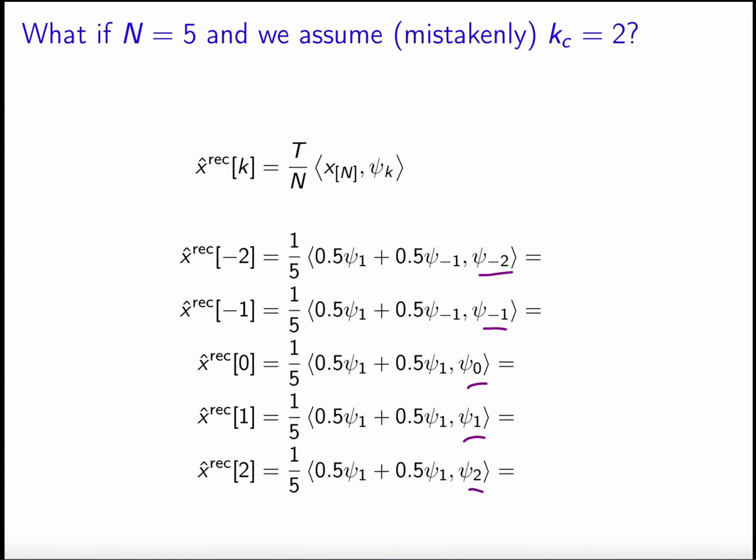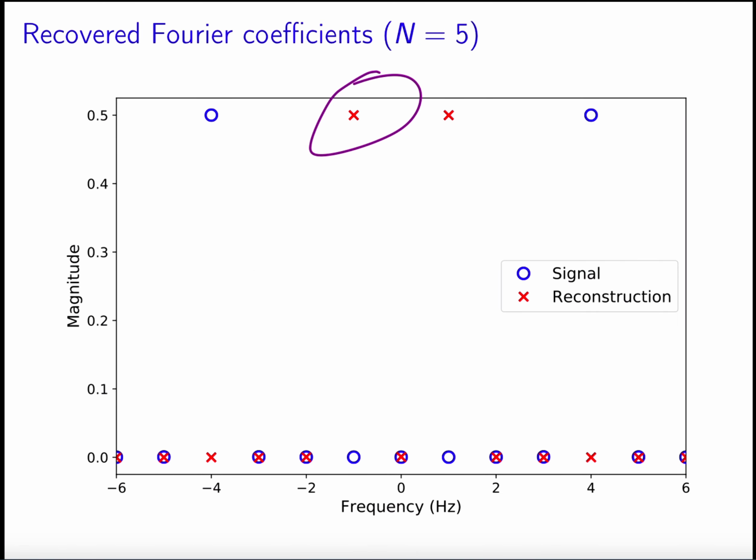And the thing is that the samples actually look as if they come from 1 and -1. So what's going to happen? Here we're going to get 0 because this guy is orthogonal to these two guys, but there, for -1, we're going to detect 0.5, and the same is going to happen at 1. So now we mistakenly think that the Fourier coefficients at -1 and 1 are actually equal to 0.5, and